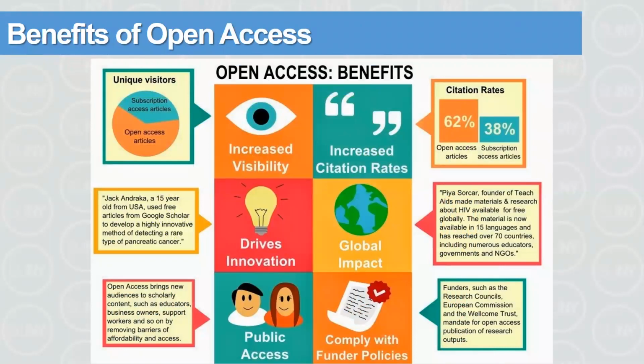Some of the benefits of going into an open access model, where we make our content more freely available, are increased visibility of the articles, increased citation rates because the content is more freely available, more innovation because people have access to more information that has gone through a peer review process, increased global impact, and better public good coming out of that access, and compliance with funder policies. Increasingly, we're seeing funding agencies saying that the work of the funded activity must be made freely available. So that's part of what open access addresses.